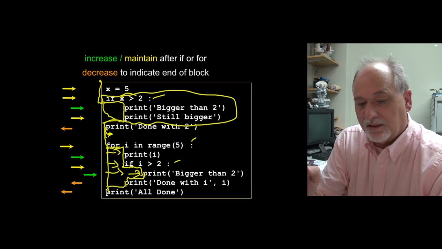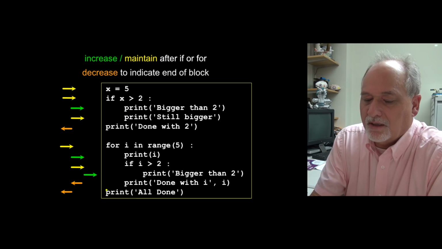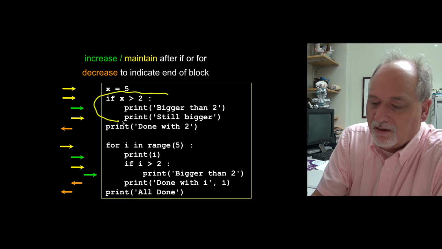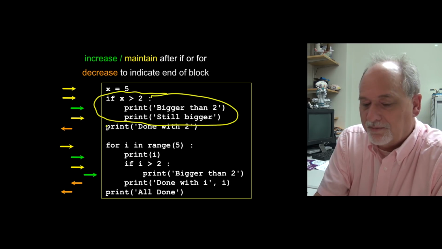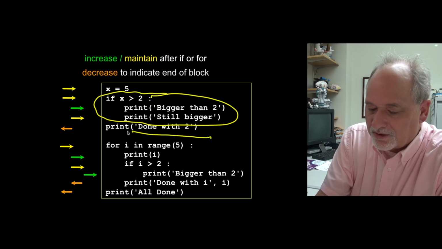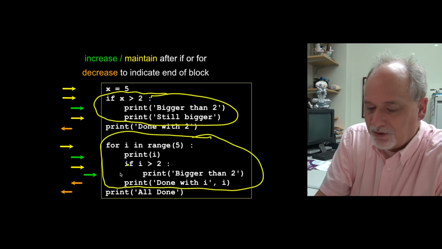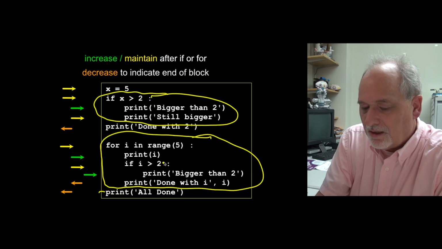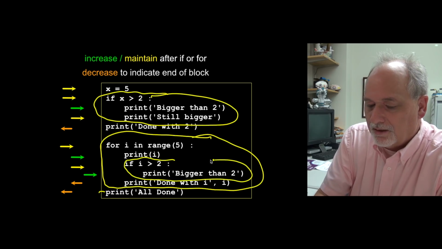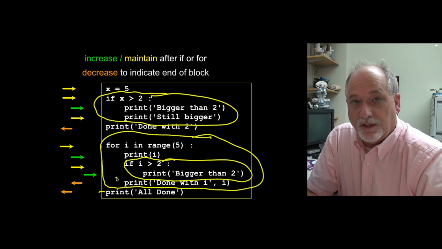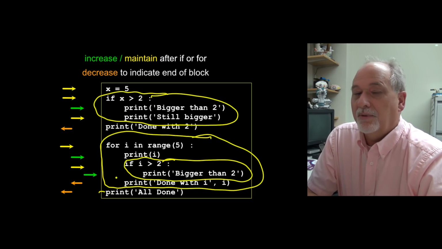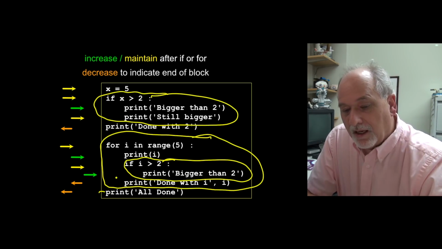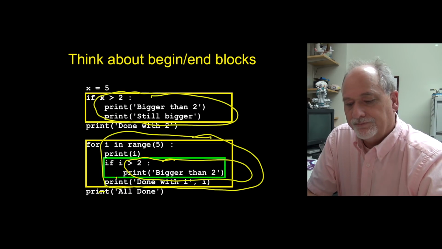So if you start thinking about this, you want to be able to start thinking that these blocks are the start of the block with the colon line up to but not including this line that's been de-indented. So the for goes this far, right? The for goes up to but not including the line that's de-indented. The if goes up to but not including the line that's de-indented. So as you do this, you'll sort of mentally start drawing these blocks. And pretty soon you will start constructing them as blocks. And it takes a while, but doesn't take forever. But in Python, unlike other languages,